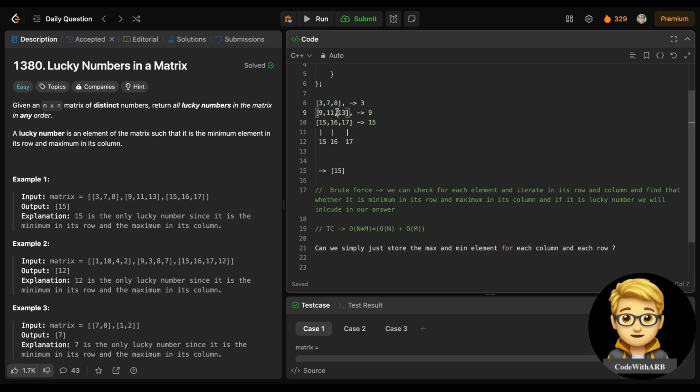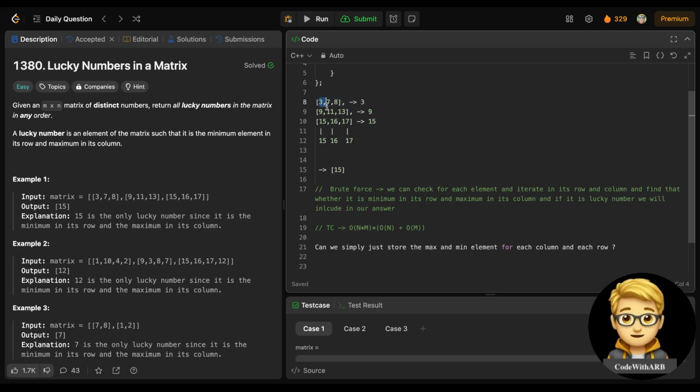For 9, 11, 13 you iterate in this row 3 times. For 3, 9, 15 you iterate in this column three times, right? So you are repeating. So what we do, we will iterate only one time, and we will store the max element for each column and the min element for each row, and store that. And then we will check whether for a particular row and for a particular